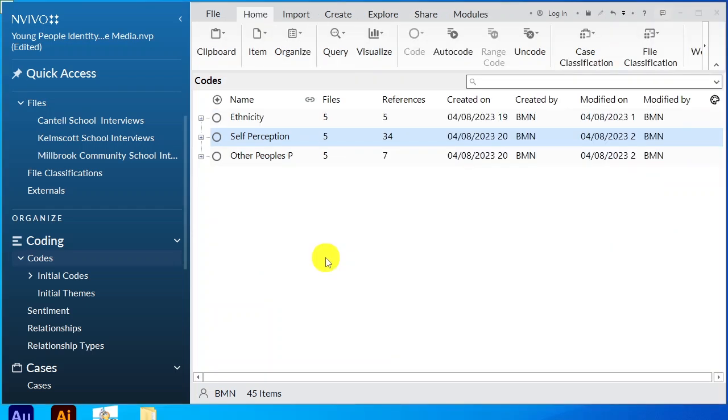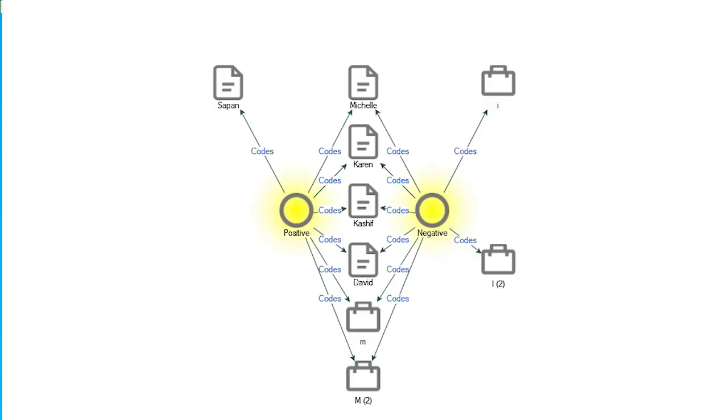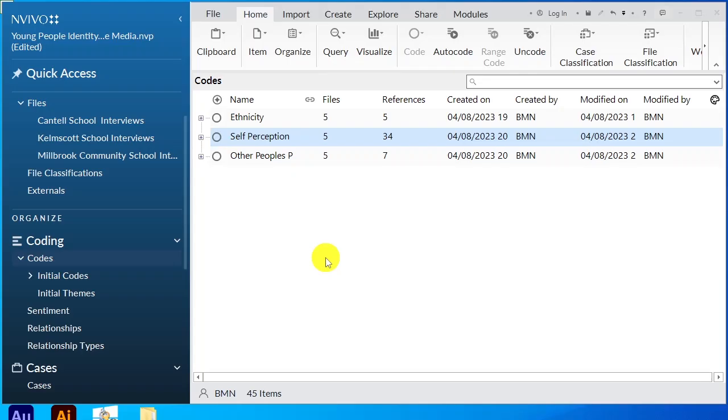Another way to visualize your data in NVivo is to use comparison diagrams to compare code. Now, if